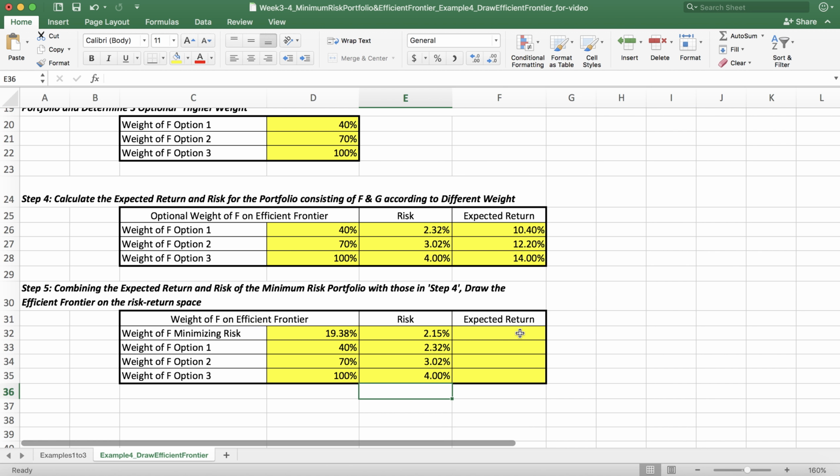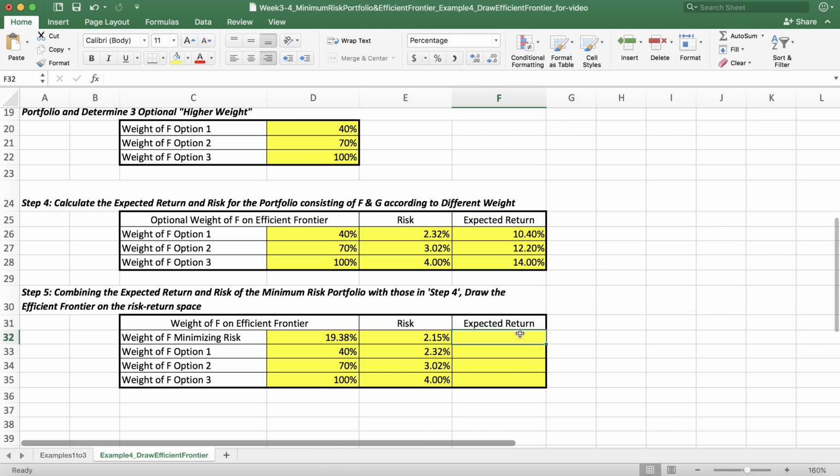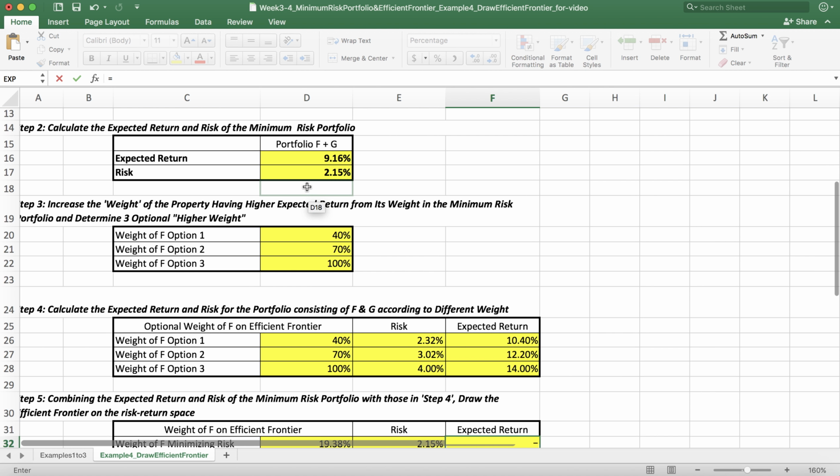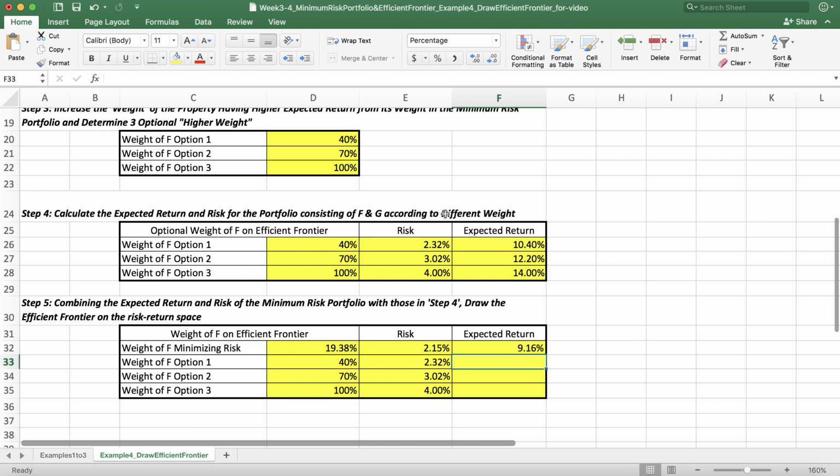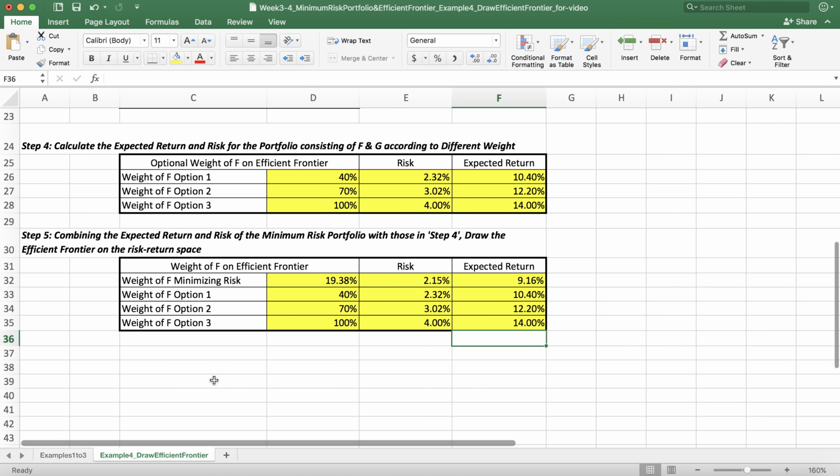Right. The same expected return for the minimum risk portfolio, we copy down from the top. Then we have the expected return for 40% investment into F, then the expected return for 70% investment into F, and the expected return for 100% investment into F. So now,